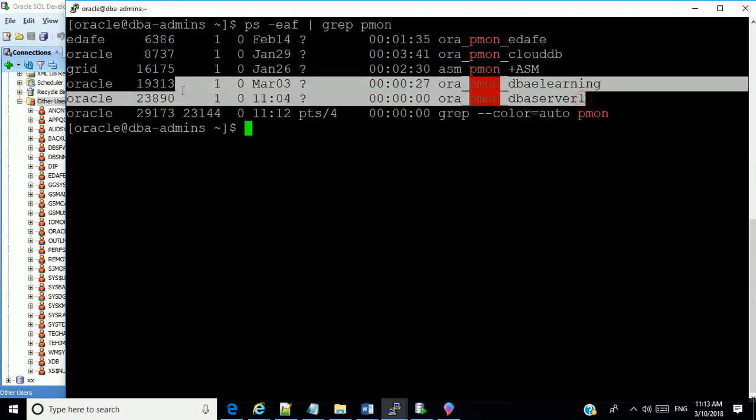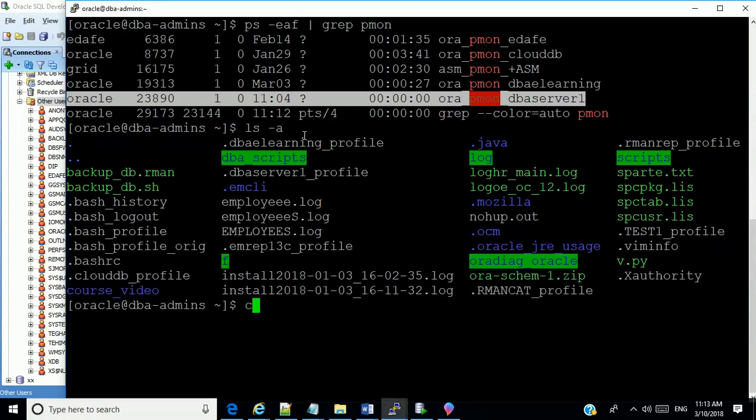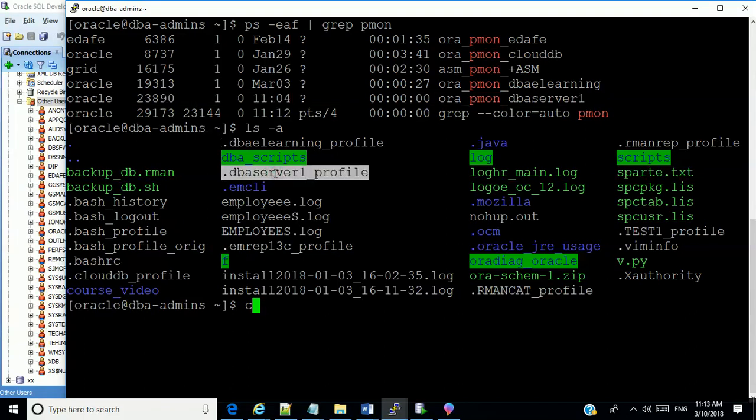Now, I'm going to deal today with this server here called DBA Server 1, and I'm going to set the environment to that particular server. I told you it's best practice to save the properties of your database instances to a profile file. When I installed DBA Server 1, I saved the environment variables to a file called .dbaserver1_profile.